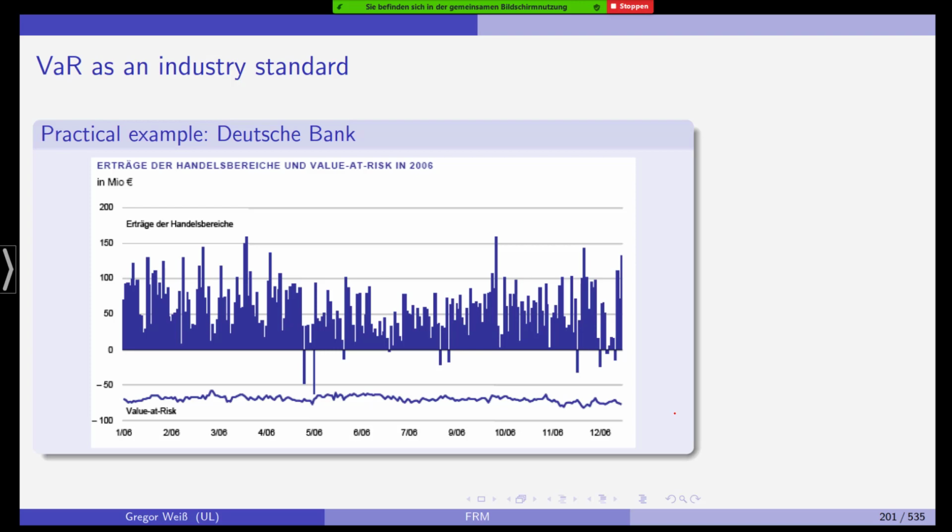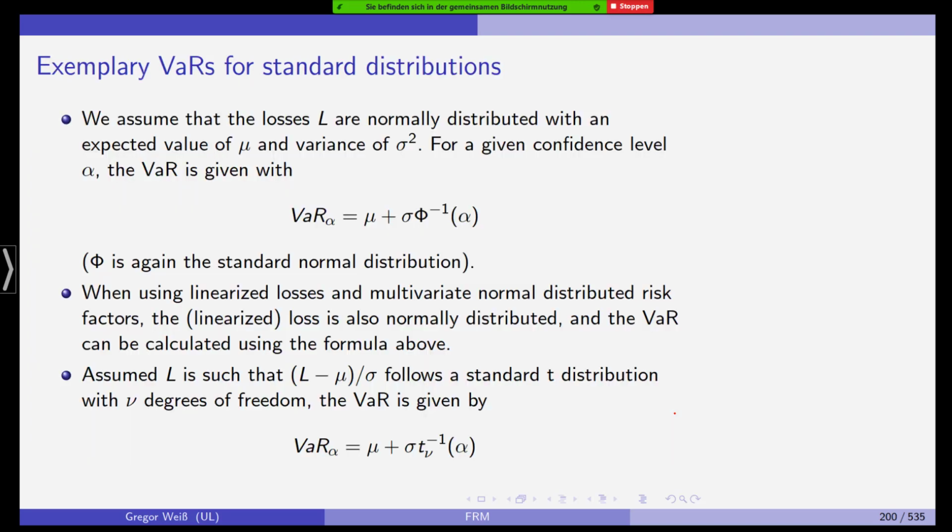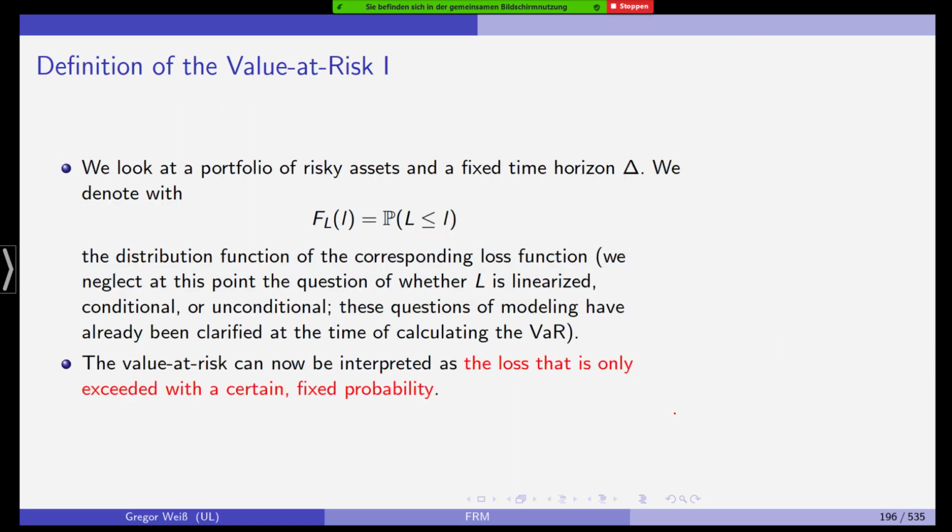But how could this have happened? Regulators and financial mathematicians and researchers told us that the value at risk can never be violated. The value at risk is defined to be the loss that is never exceeded in 100 days. And immediately you would see, well, people didn't understand the concept of value at risk. If you go back to this definition,